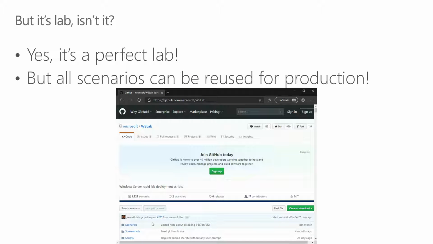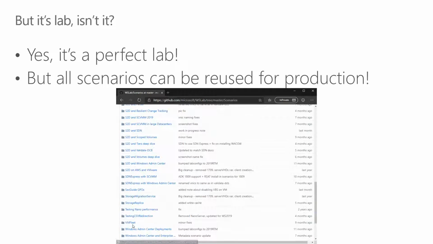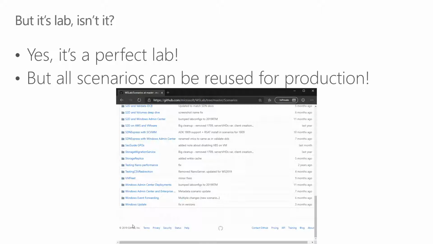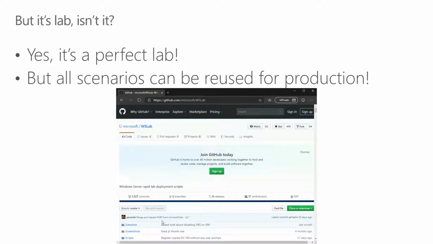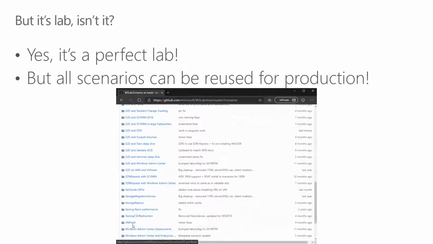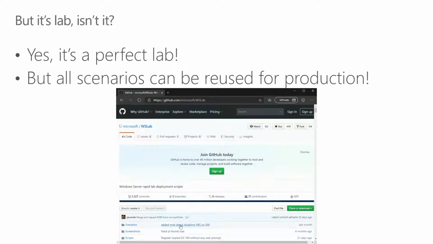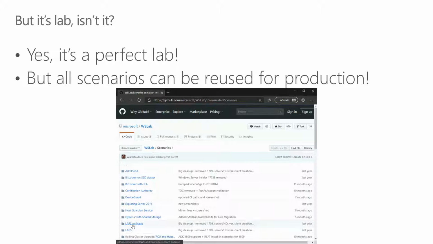So WSLab, it's not only the lab, right? It has so many scenarios. I wrote like 50 of them already that you can use. You can start studying it. You can spin it inside a lab, right? But you can also use it the same way for the production environments. So you can grab the ideas from there. You can grab the piece of code. You don't have to use everything, right? You can use just the small pieces, just glue it together to your solution that fits your scenario,